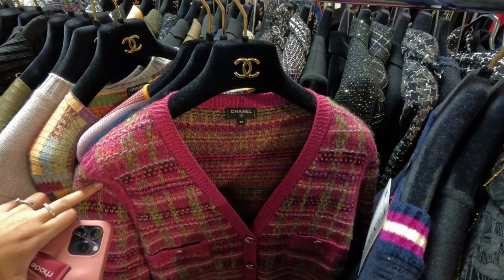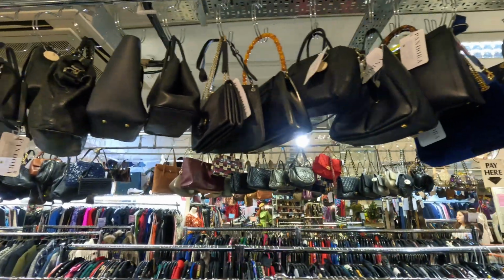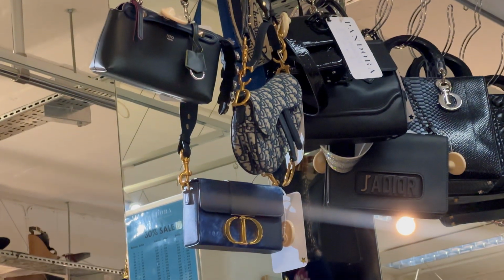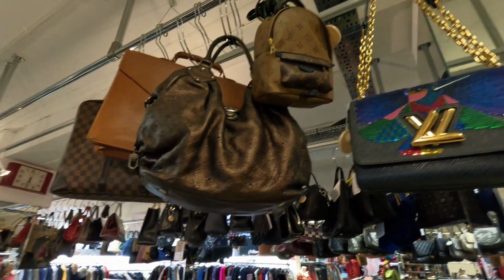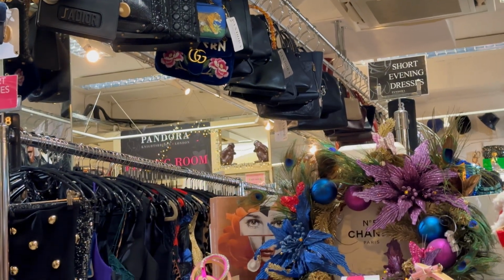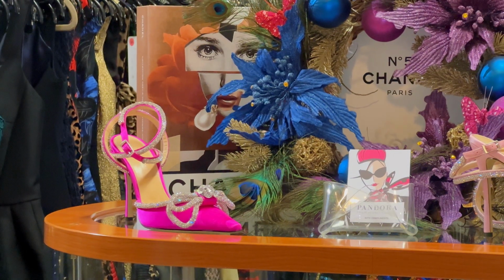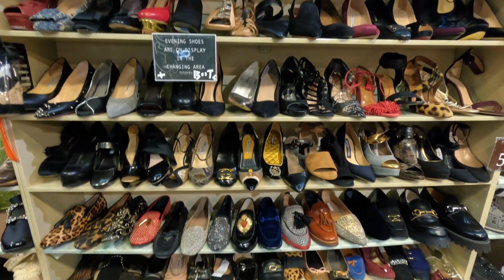Beyond their Chanel offerings, Pandora boasts an impressive array of handbags, with rows of them even hanging from the ceiling. They feature nearly every designer you can imagine, but Dior and Gucci bags have a particularly strong presence alongside timeless Louis Vuitton pieces. While not everything here is vintage, many items are pre-loved, including in-fashion handbags that are lightly used but still completely on trend. The shoe selection is equally noteworthy, offering a mix of vintage treasures and iconic classics like Gucci loafers and Manolo Blahnik heels and ballerinas. The staff were so friendly and even let me try on some accessories,